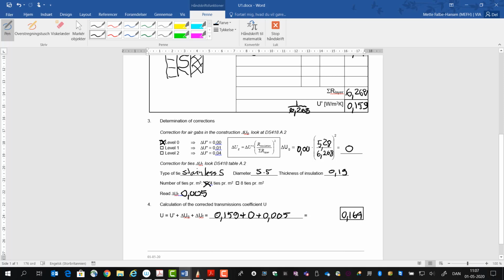So this is the U1. So now we need to calculate U2. So we go to a new schedule here,